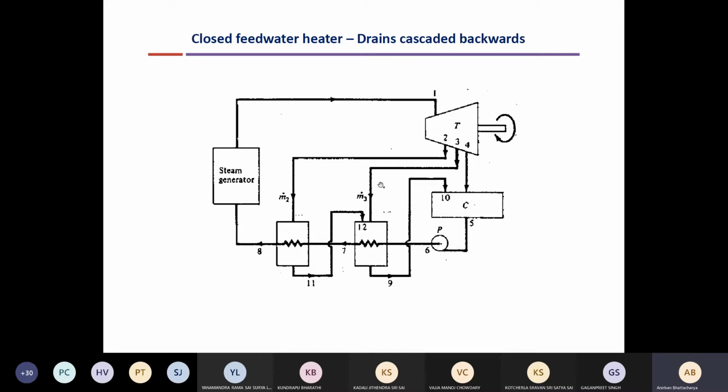Now what happens to the condensed steam from each feed water heater? The steam that has been taken to this feed water heater from point 3 gets condensed into liquid state. I will show you the TS diagram, but it gets condensed to the liquid state, and this liquid is extracted from the feed water heater and throttled back. Throttling is a process where you decrease the pressure suddenly, at equal enthalpy. So it's an isenthalpic process. Enthalpy remains constant, but the pressure is suddenly decreased, as you suddenly expand the cross-sectional area. This is known as throttling.